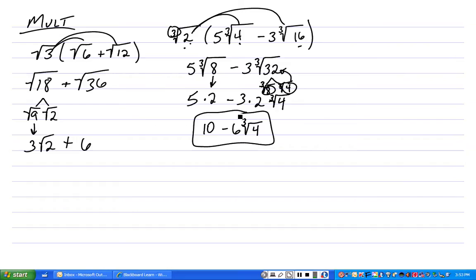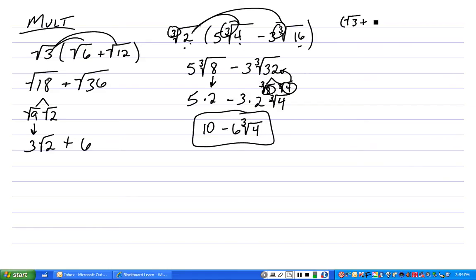Alright, got caught up not paying attention to the roots, to the radicals. So make sure you don't make the same mistake. Make sure you keep track of whether you're doing cube roots, square roots, or what have you. Alright, let's look at some others. Let's see, let's look at